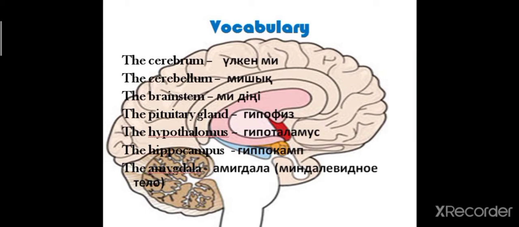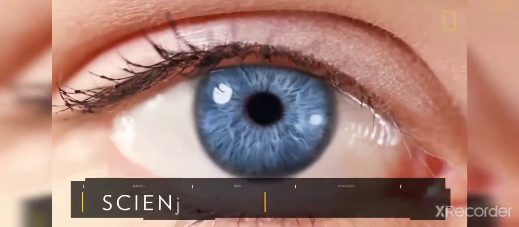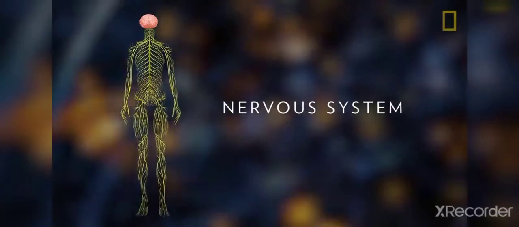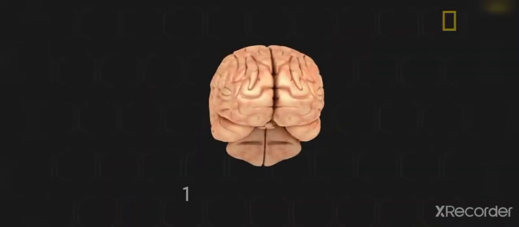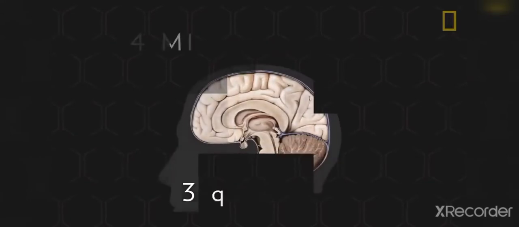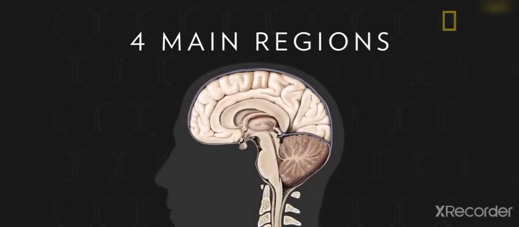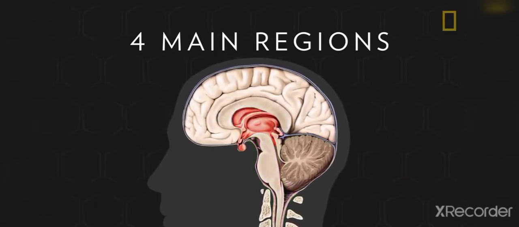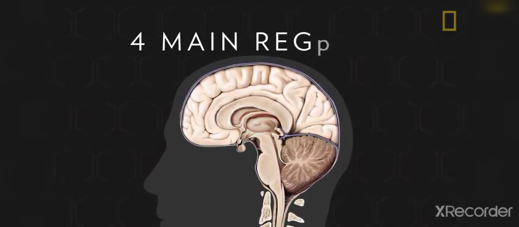Now, students, let's watch a video about the human brain. The brain is the most complex organ in the human body. As part of the nervous system, the brain coordinates all of the body's functions. In adult humans, the brain is a 3-pound gelatinous mass of fat and protein. It's comprised of 4 main regions: the cerebrum, the cerebellum, the brainstem, and the diencephalon, and each one controls specific